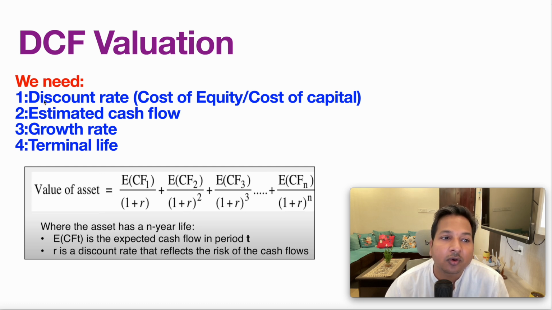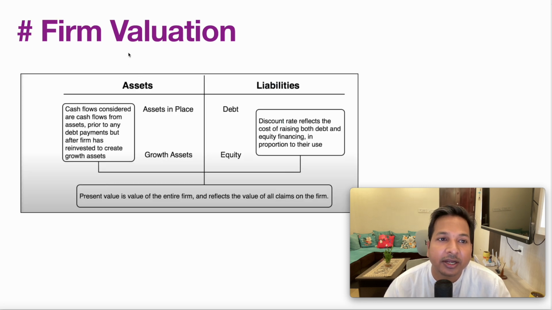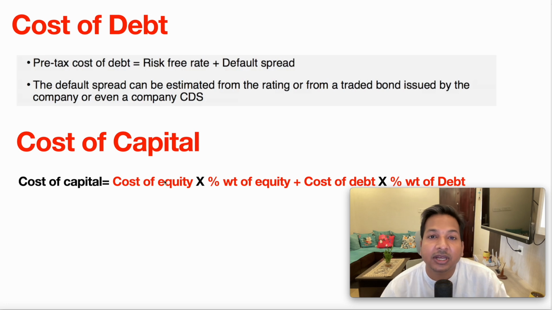Now we know how to calculate the cost of equity if you are valuing the equity part. Now suppose you are valuing the entire firm. In the last video I told you, if you are valuing the entire firm, meaning equity plus debt, then you have to choose the discount rate that is the cost of capital. Now how to calculate the cost of capital? This is the simple formula for the cost of capital. You have to calculate first the cost of